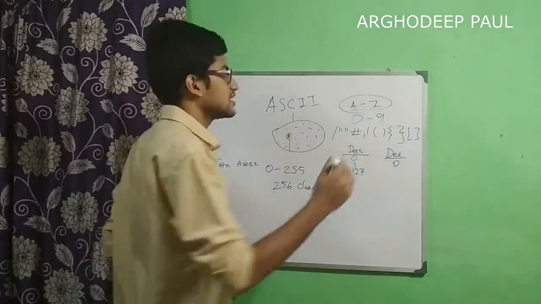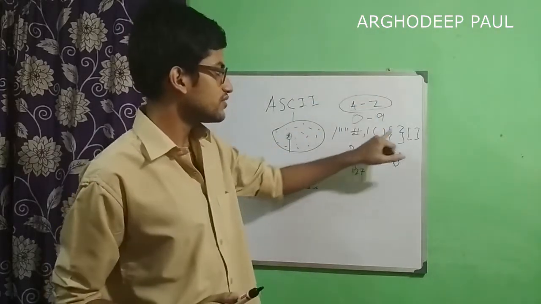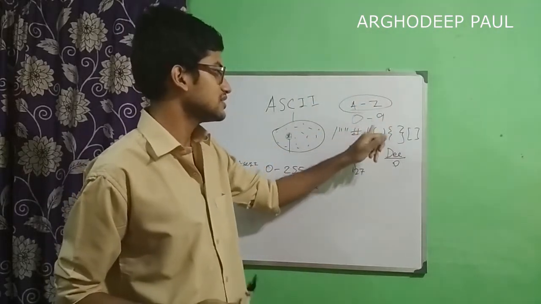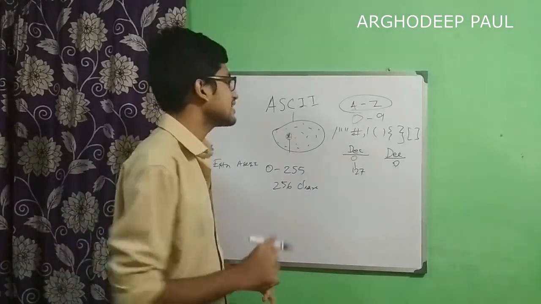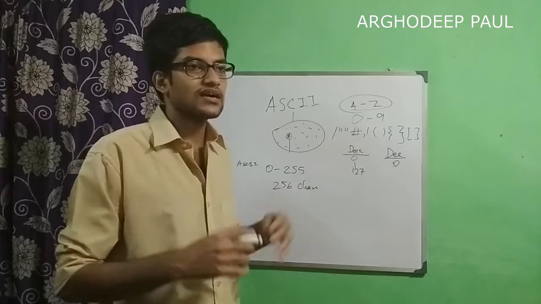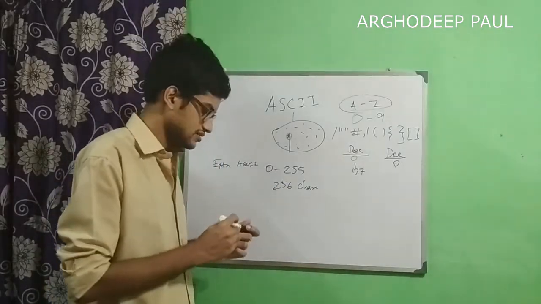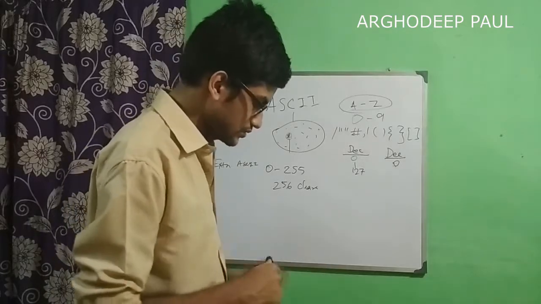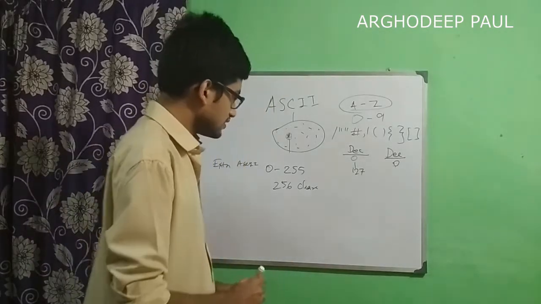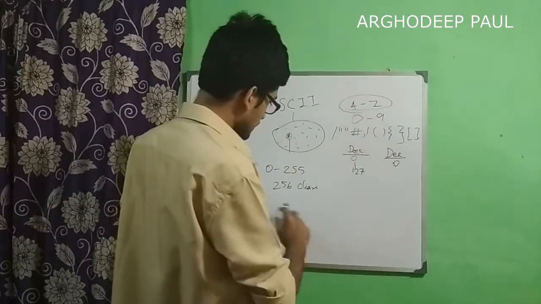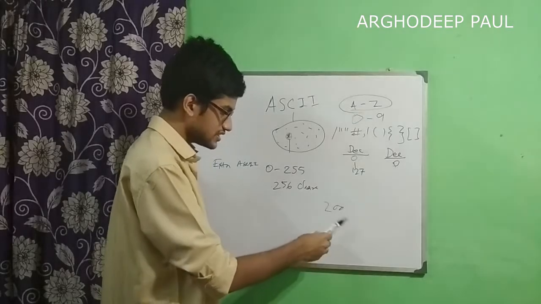Like for Chinese, there will be support for the Chinese alphabet. They will not modify these things, A to Z, they will not tamper with the standard ASCII. They will only be adding their own set of characters to the extended ASCII list. But this will create some problem, like if we have a character whose decimal value is 200.